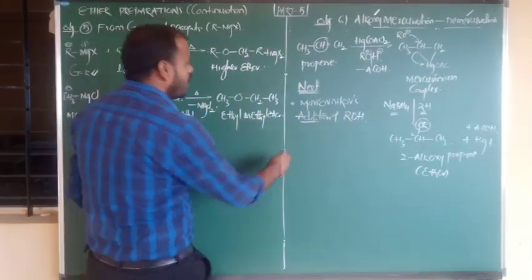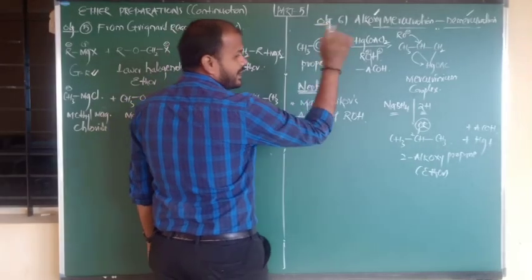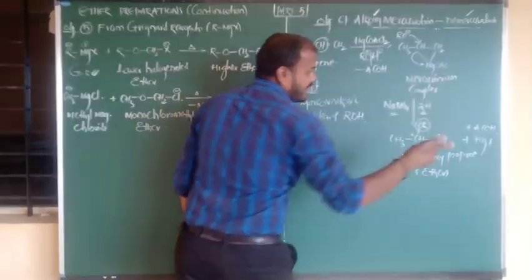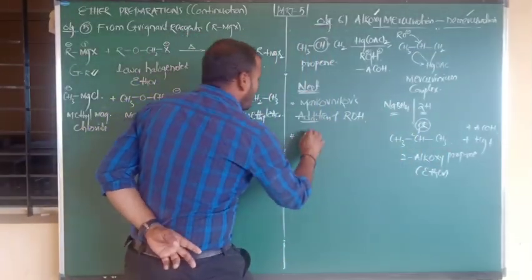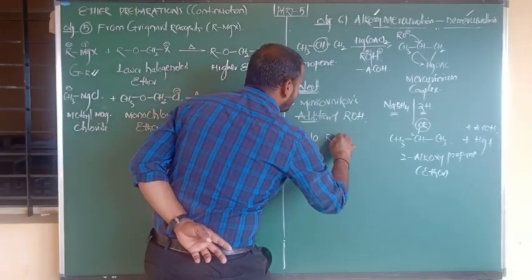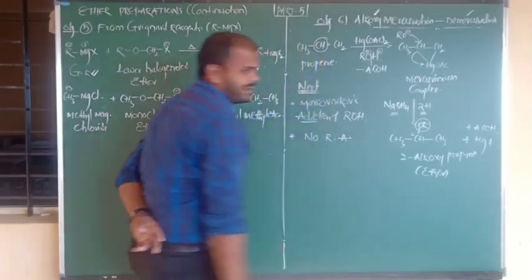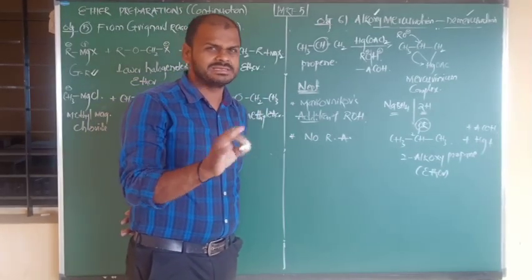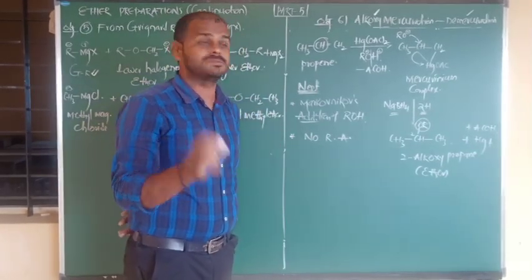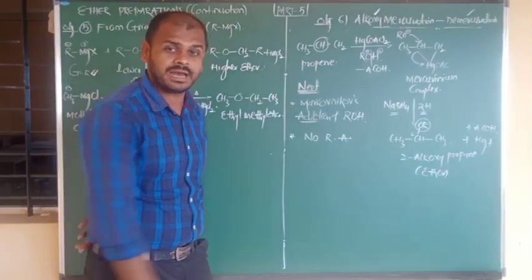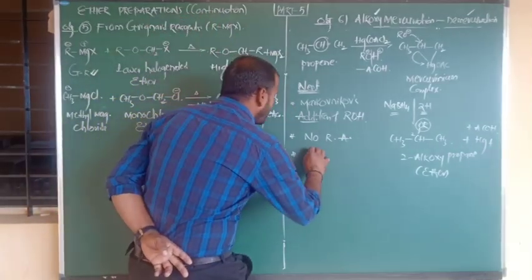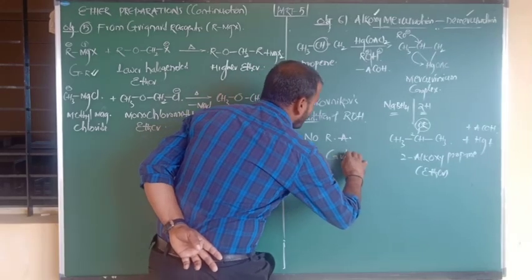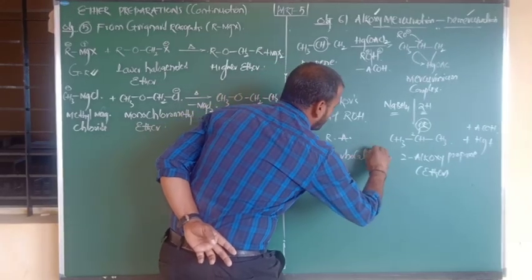So it follows Markovnikov's rule as per addition of the water molecule, here the alcohol. And next, it contains two steps: alkoxymercuration and one more, which is nothing but demercuration. And one more thing to remember: in this reaction no rearrangement takes place. Migration of H plus, H minus, or CH3 minus, like that, rearrangements won't take place in alkoxymercuration and demercuration. And one more thing: in this reaction no carbocation formation will occur.